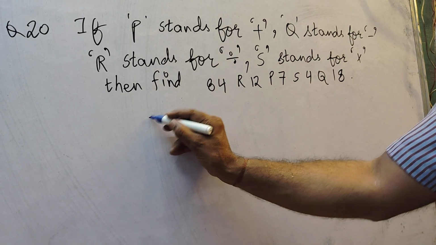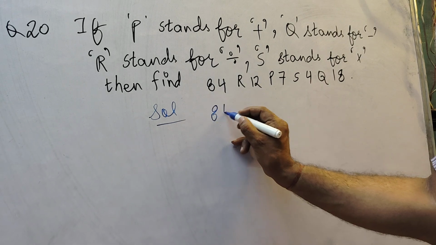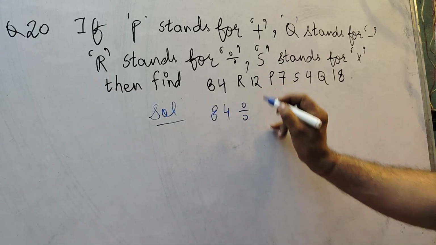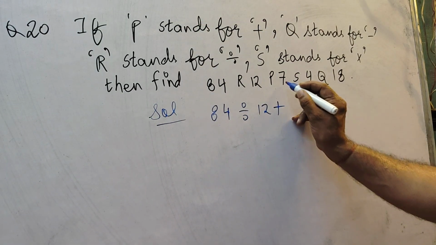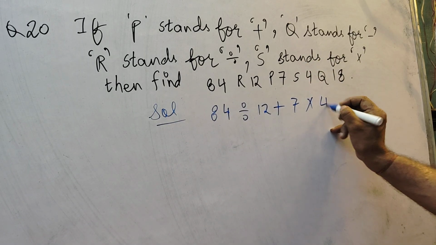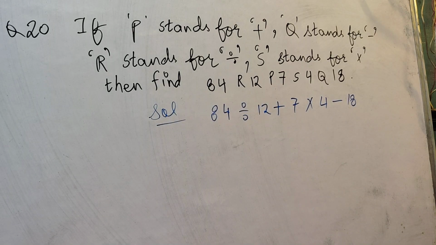So here, first in the solution, we replace the letters with their proper operations. R stands for divide sign, so R is replaced with divide. Then 12. P is replaced with plus sign, P stands for plus. Then 7. S stands for multiply and Q stands for minus. After replacing the whole sign,